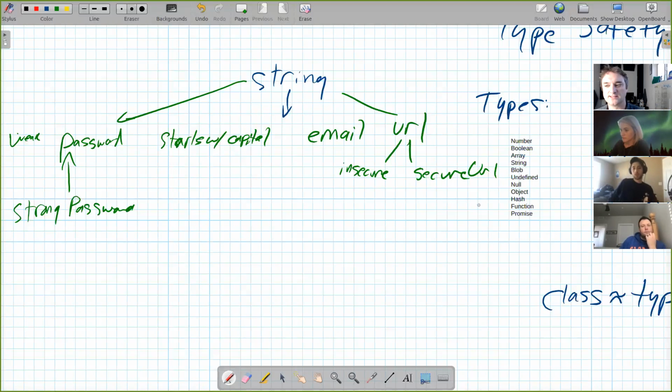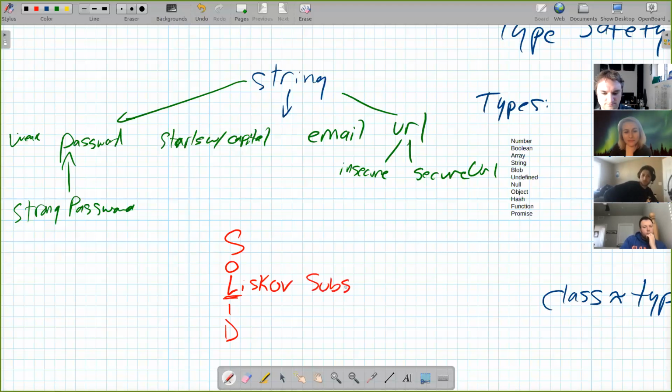Anybody know what the name for that is? It's got a super goofy vocab word for it. It's part of a really common acronym in OOP. It's the L. Liskov substitution.